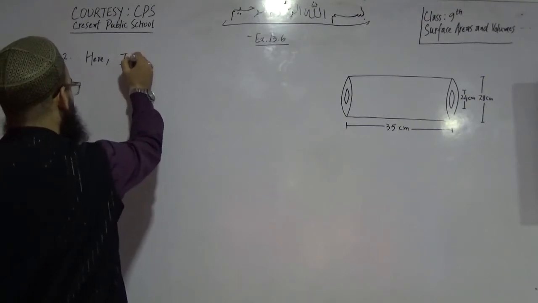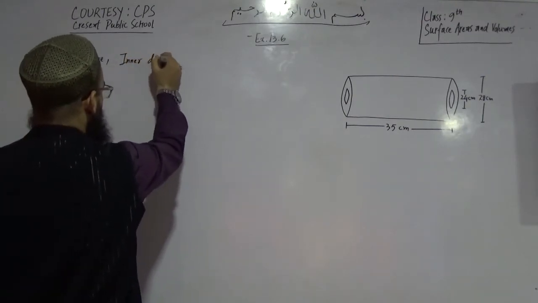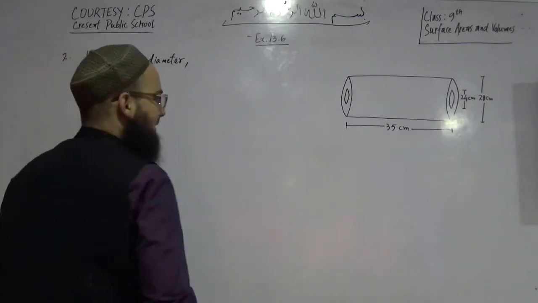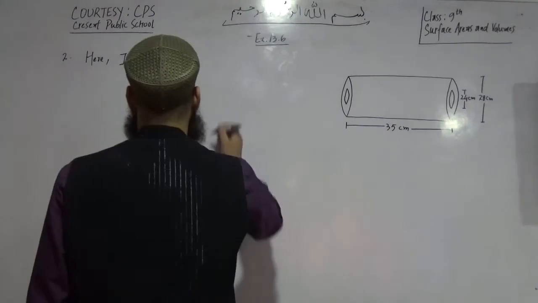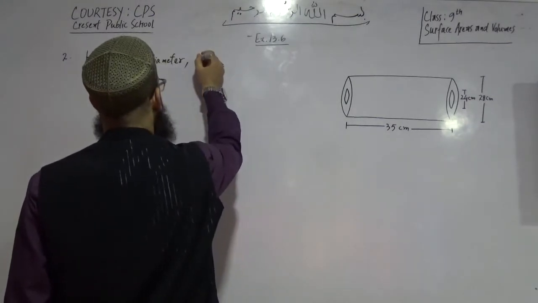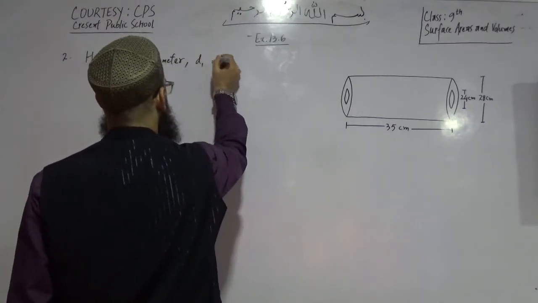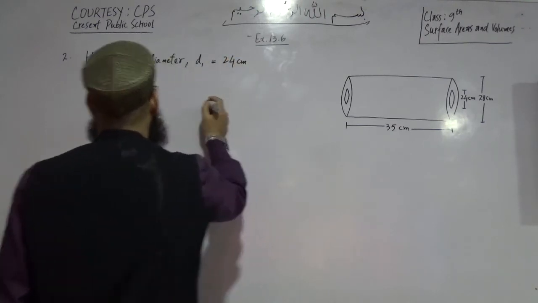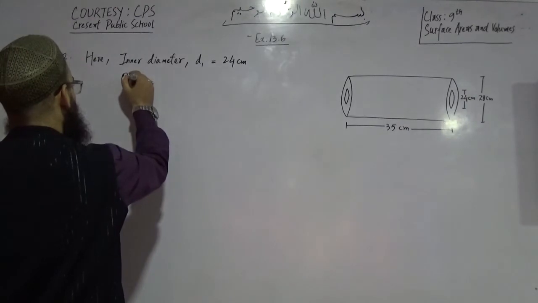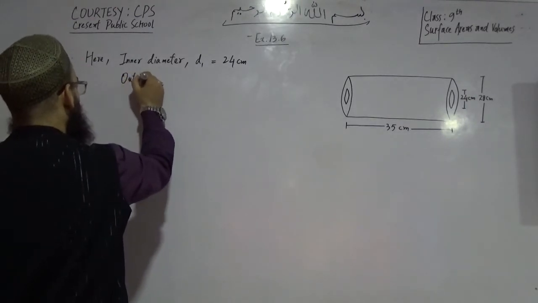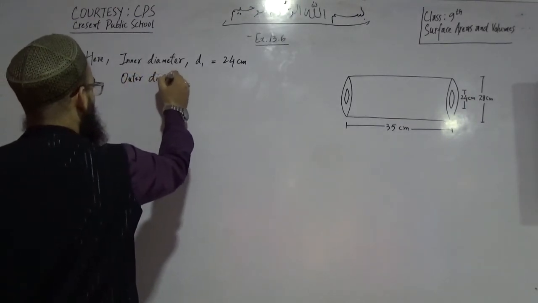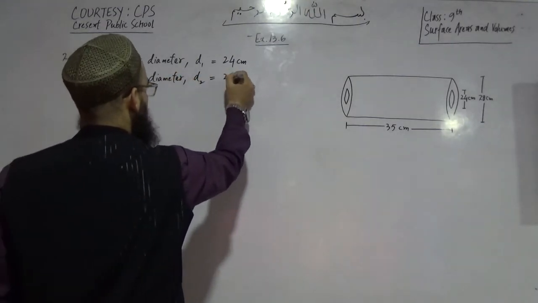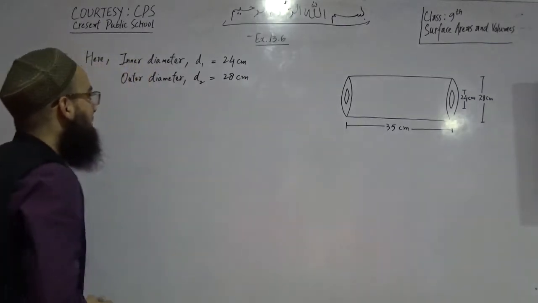Inner diameter, let's name it D1. Inner diameter D1 is equal to 24 centimeter. Outer diameter D2 is 28 centimeter,